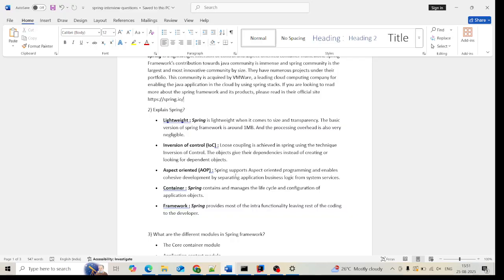Another one is aspect-oriented programming. Spring supports aspect-oriented programming and enables cohesive development by separating the application business logic from the system services.